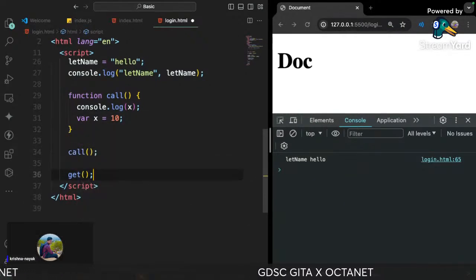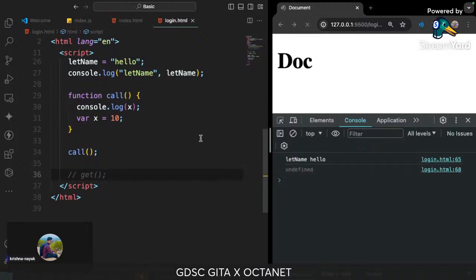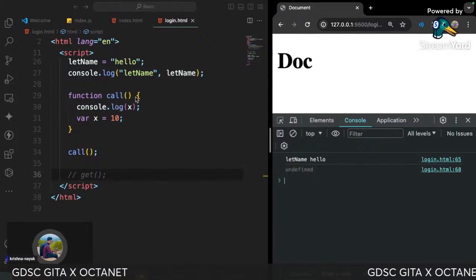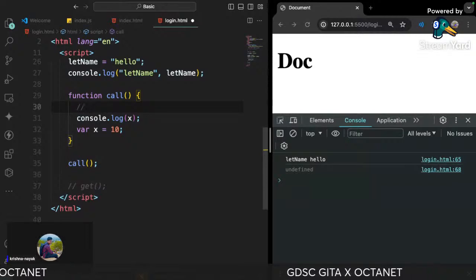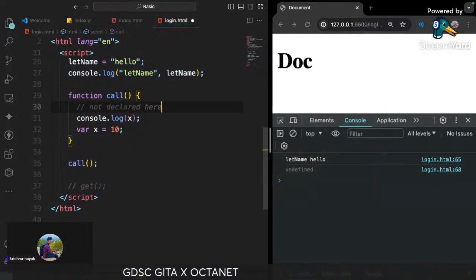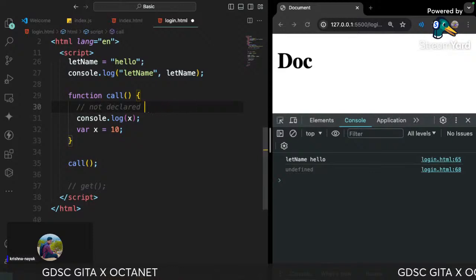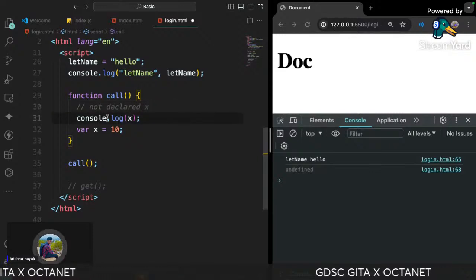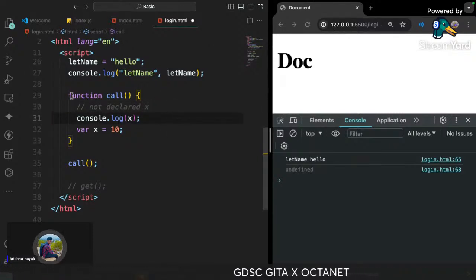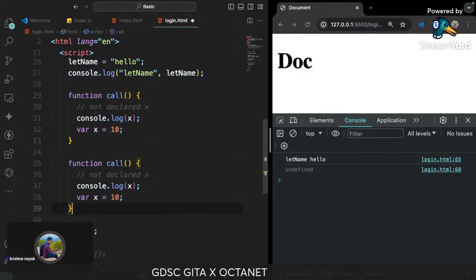Call this function. You can see here we are getting undefined, whereas I have never declared it above. Still I'm getting undefined, whereas if I run the same function for let